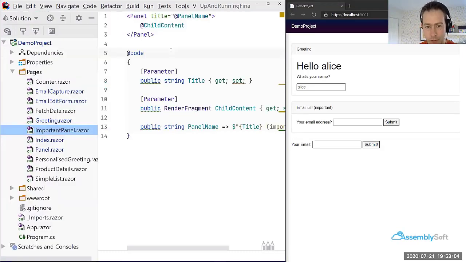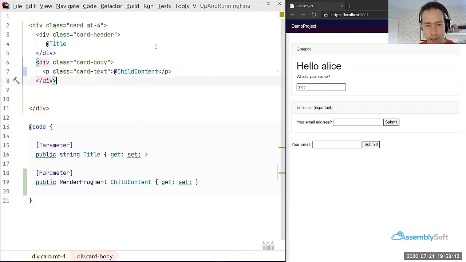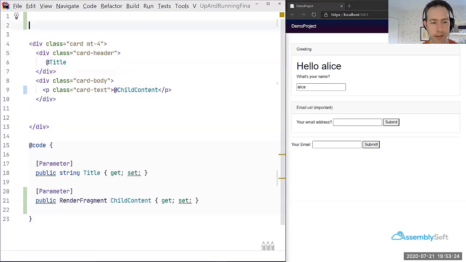And I'll show how we do that now, and then very quickly how we can make it a bit easier to maintain going forwards. So first of all, if we want to make a panel have a color, that is going to take a change to the existing panel, because there's no way of it currently doing it at the moment. And what we can do, and I'm just going to copy this in because I always forget the syntax,